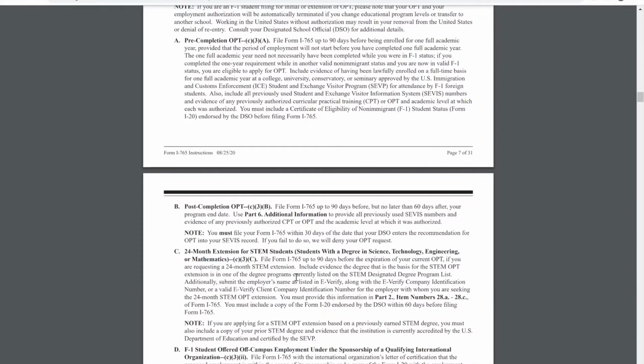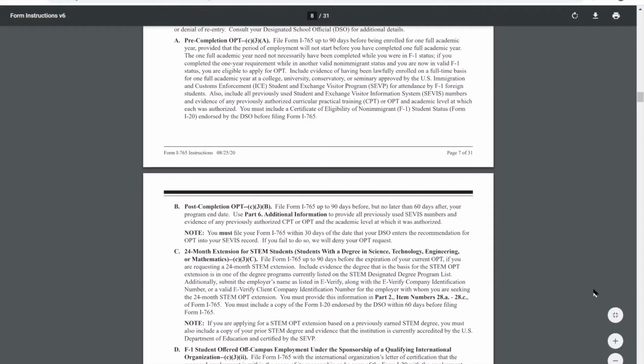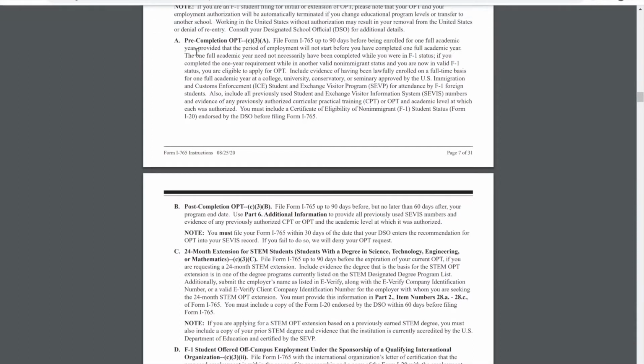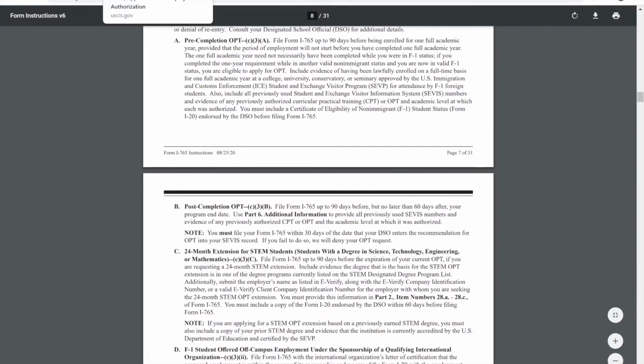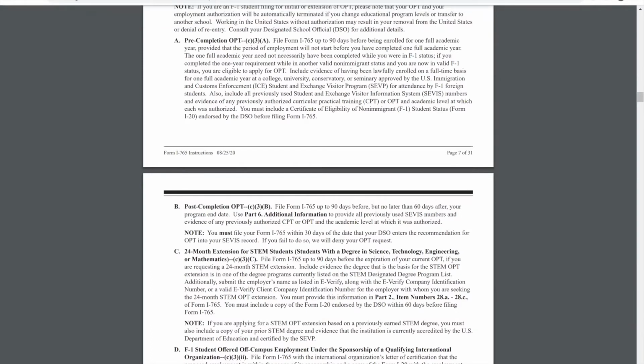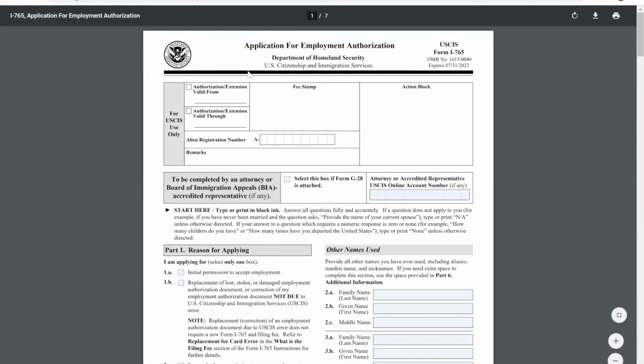Now, in here, it talks about some of the important timelines, but again, these instructions are helpful because they tie directly back to the form itself. If you don't follow the instructions, usually it's a failure to read through these instructions. We try to keep it simple in the portal, but it is your responsibility to make sure that you've completed these forms accurately. We're going to navigate back to the presentation.